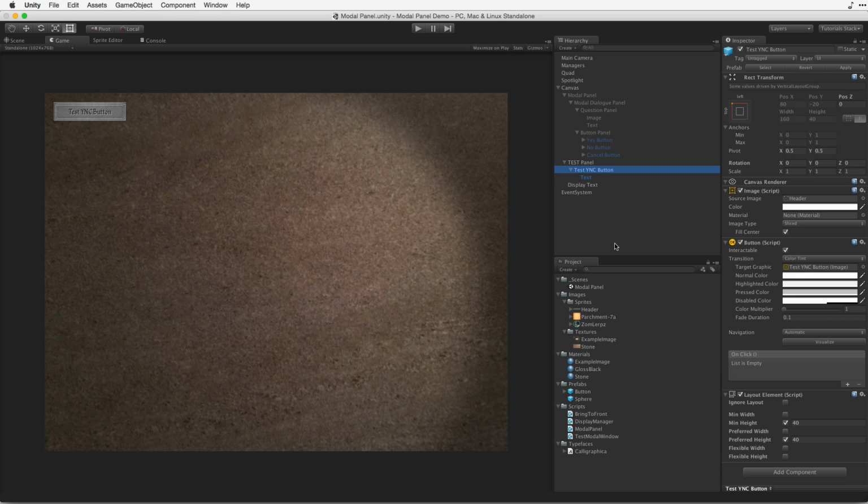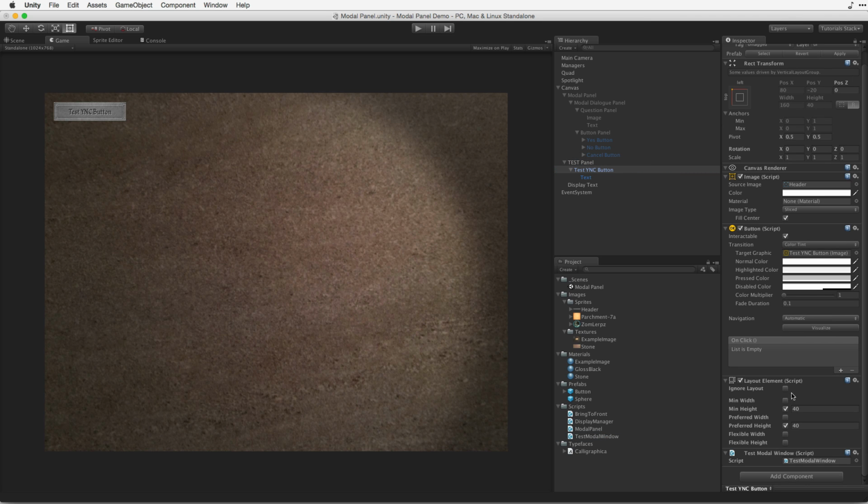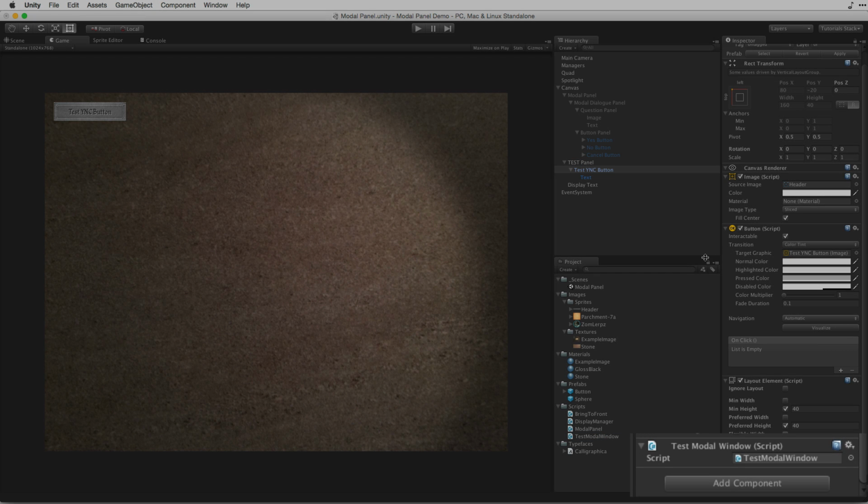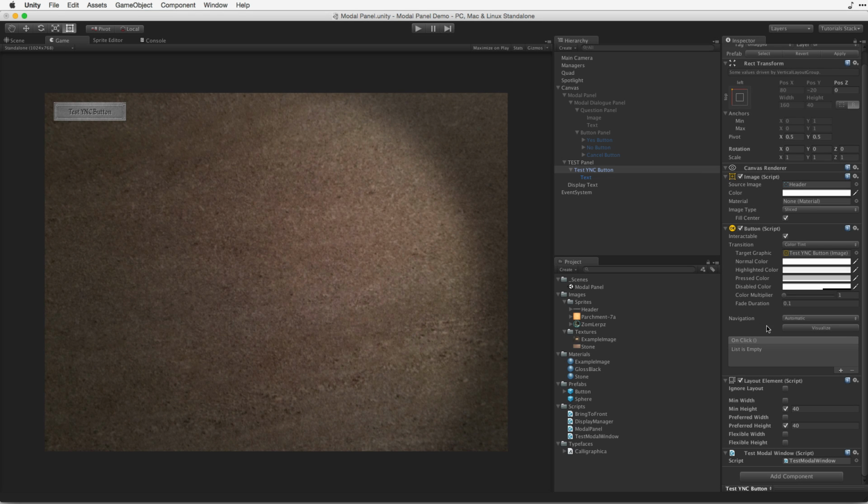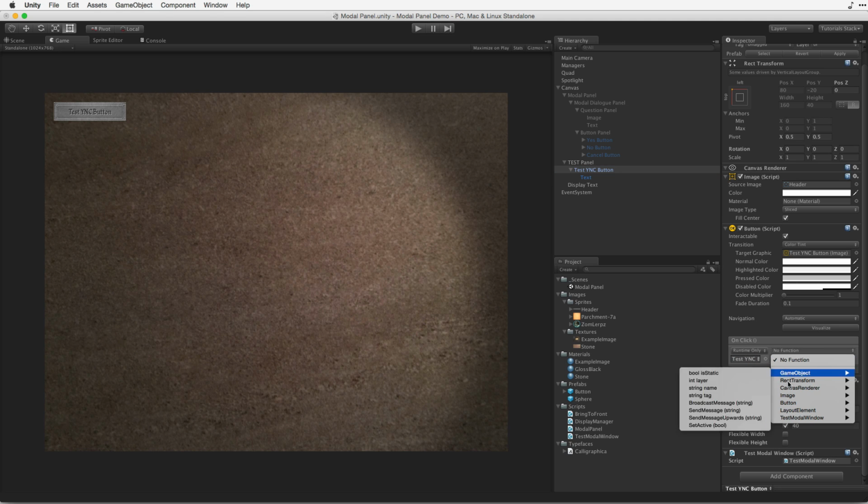So on the button, we need not just the layout element, we need the test modal panel. And so there's our test modal panel script, and it's all private at this point. And then our button's on click. We need to add a new row in our on click. We want the same game object. And the function is going to be the test modal window